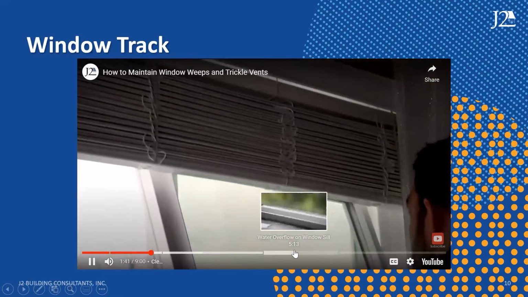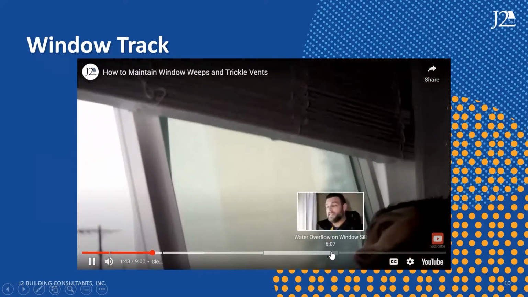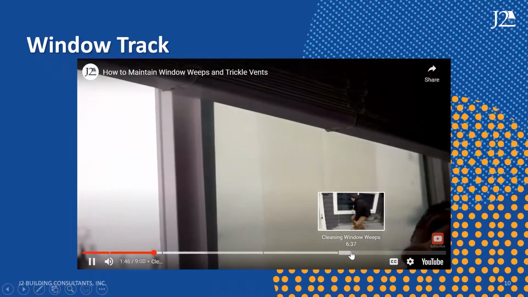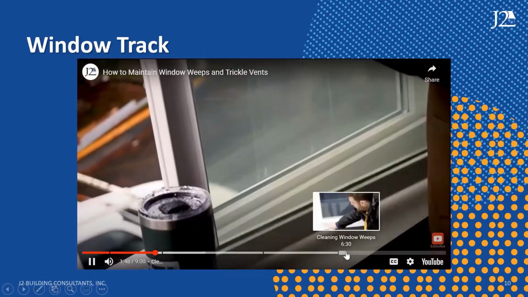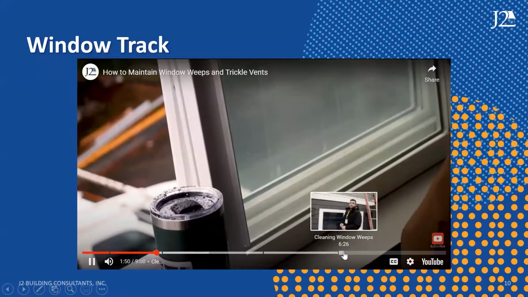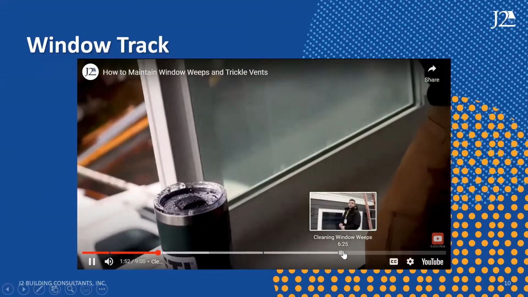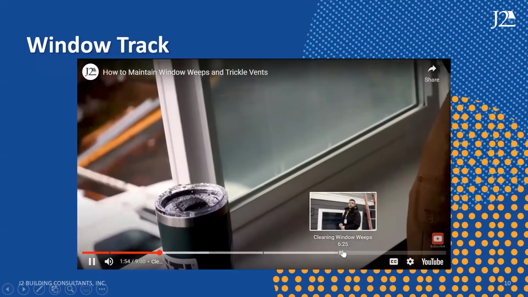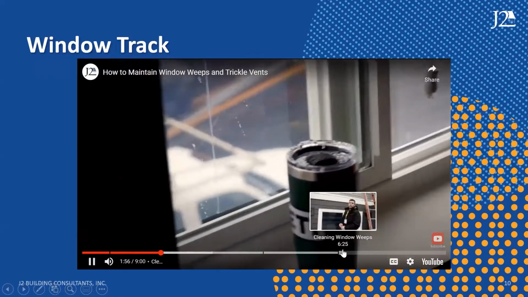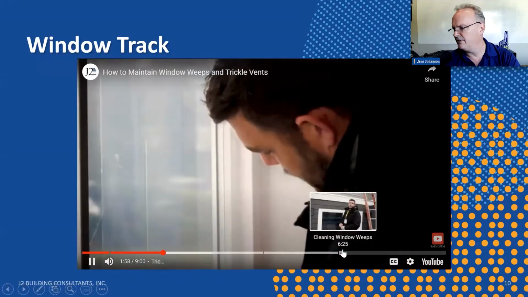You want to make sure it's in its open position. And I'm sliding it up into the upper track here. Want to be sure not to catch the curtains in there. Okay, now we're situated. Lift it up, set it down, and it's good to go. Perfect. So talking forward to maintain your weep holes, what you're going to want to do is first of all,